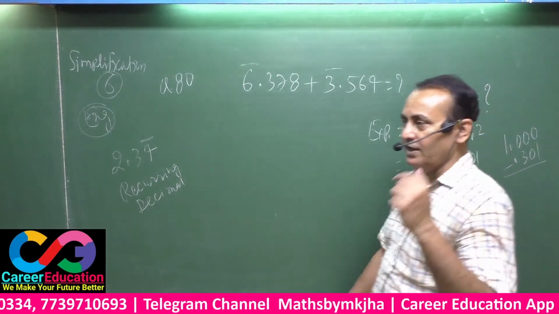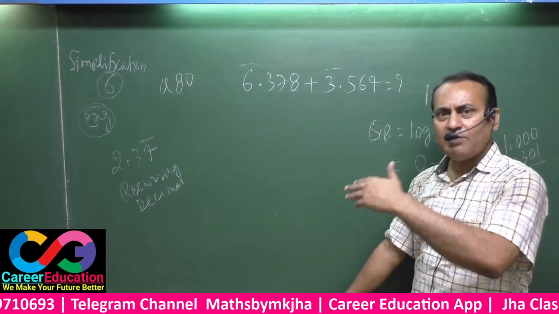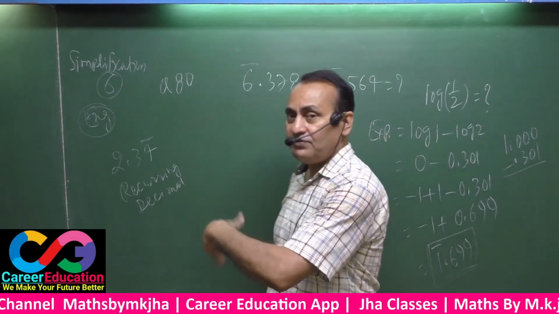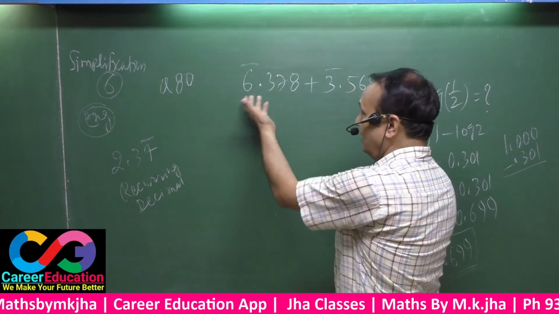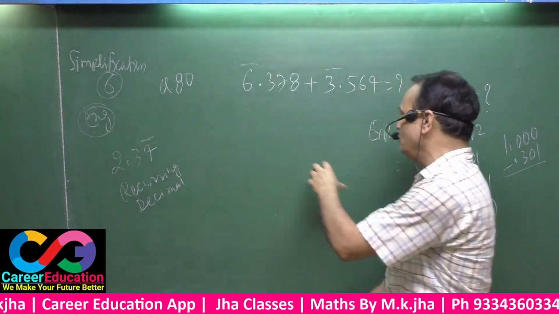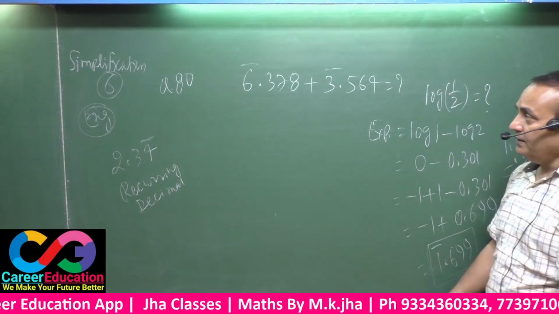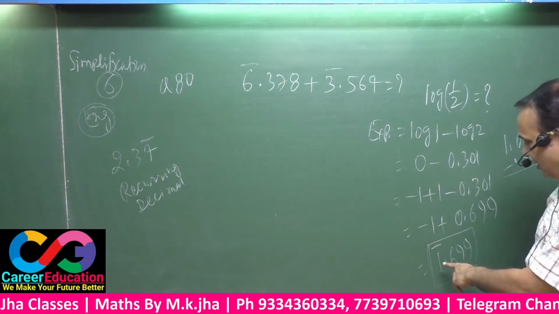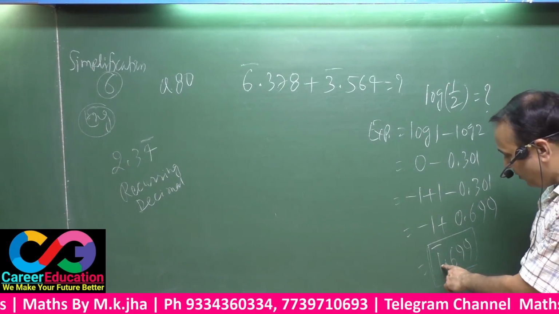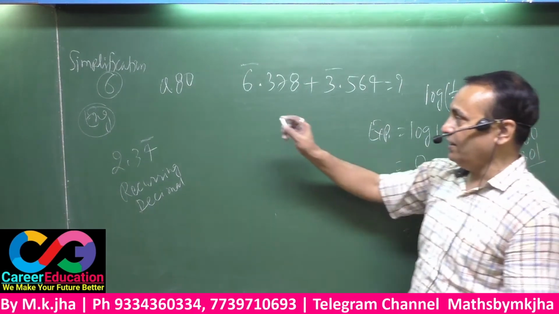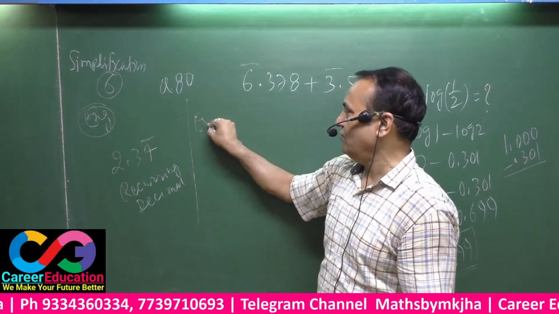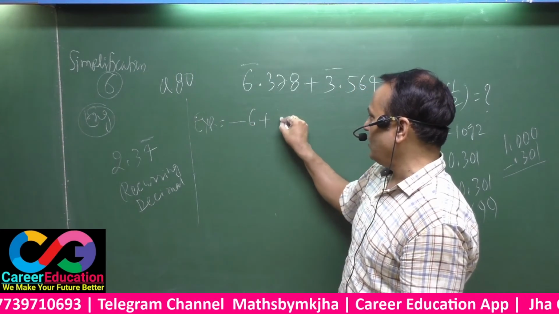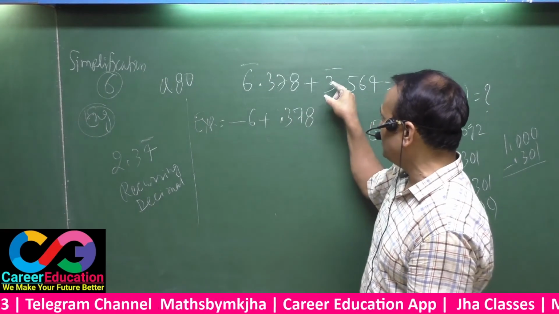That means we have to remember here, if the sign of the bar is rightward from the decimal, that is an example of recurring decimal. But if the sign of the bar is leftward from the decimal point, as it is here, certainly this is related to log. Okay. Now you got my point. Certainly you may see here, this is a bar upon 1 and this is minus 1. That means according to that your expression is here minus 6 plus 0.378. Again this is minus 3